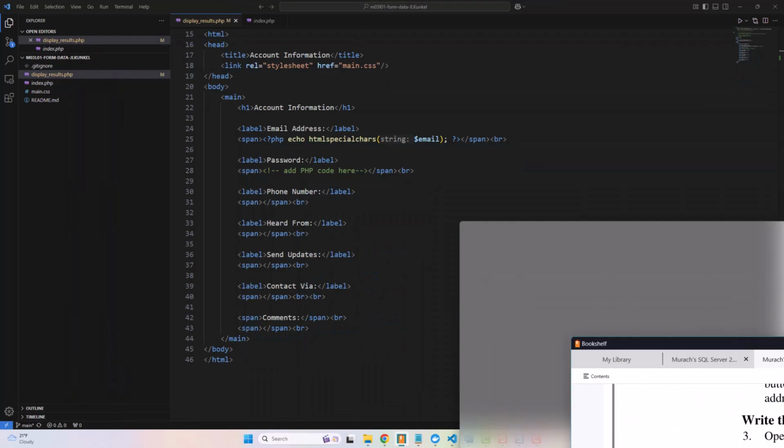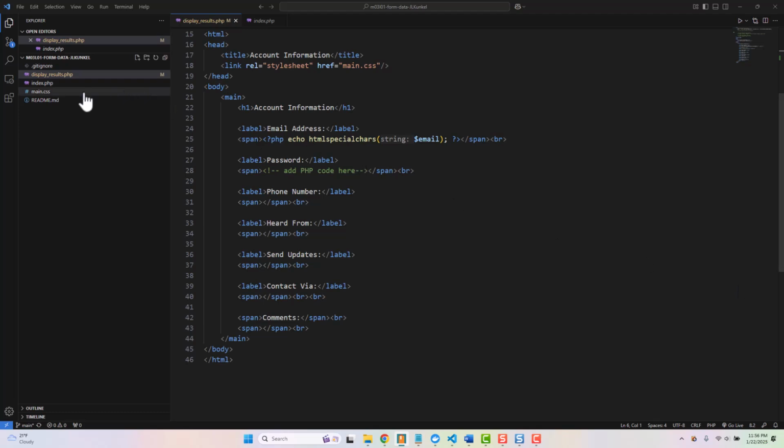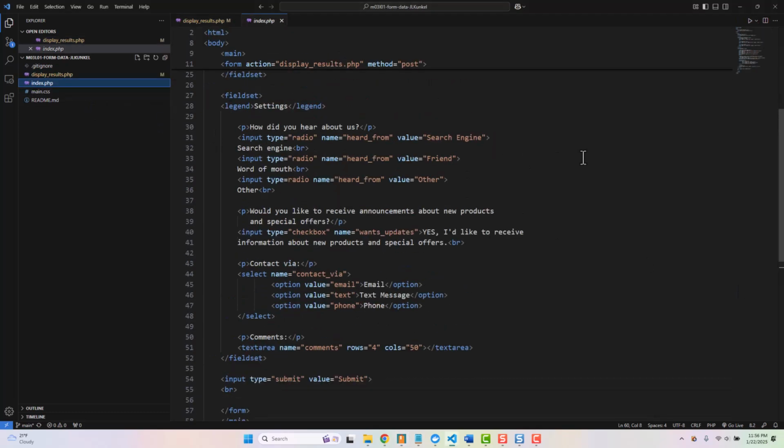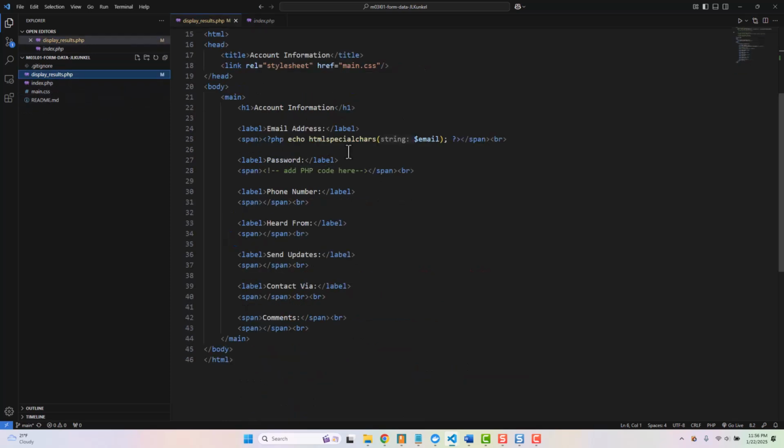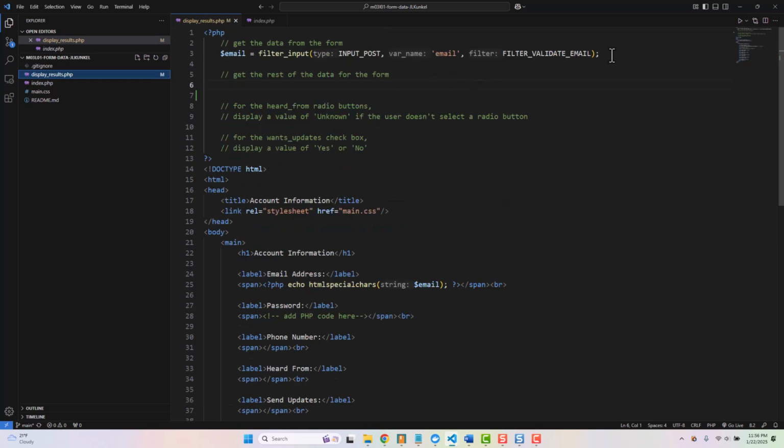I'm going to move this off my screen. And we have, first to start, going up to the top, we have our email, we have our password, and we have our phone number. So we have our password. I'm going to copy that over to our display results. And at the very top, this is going to be